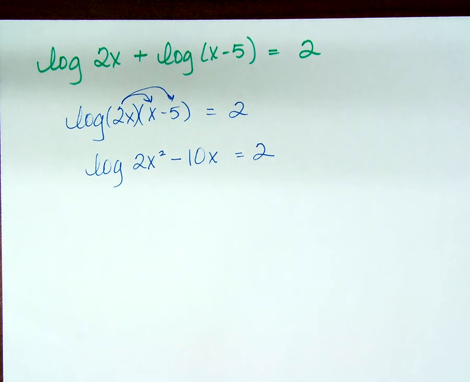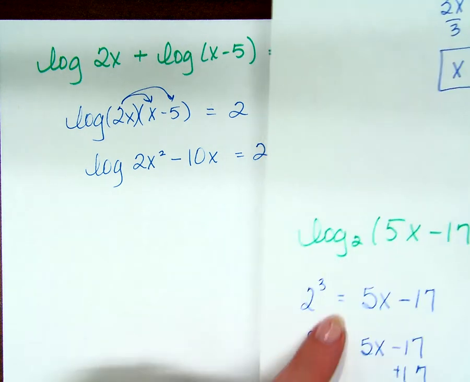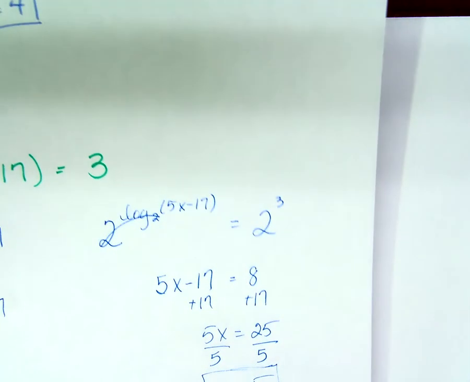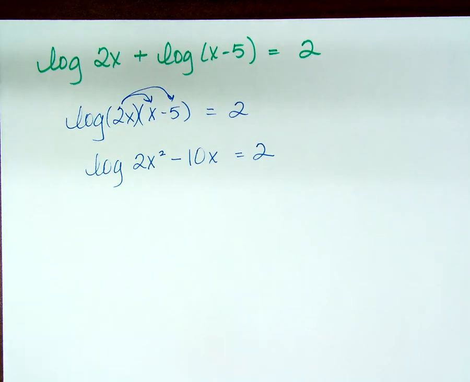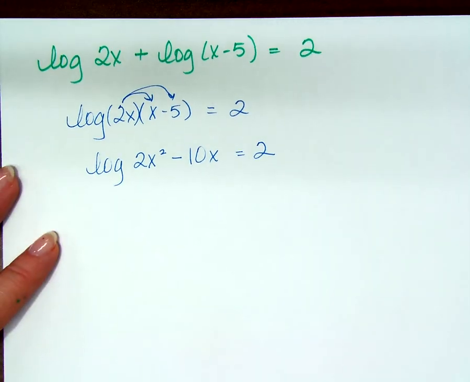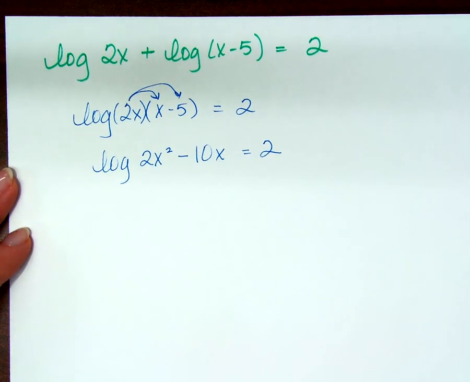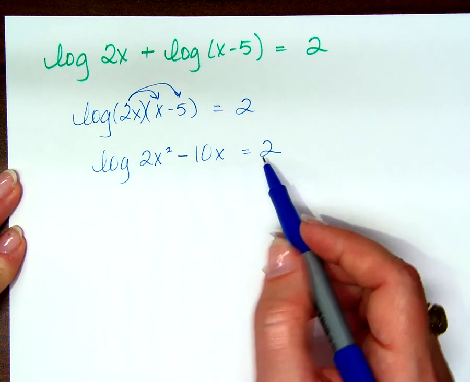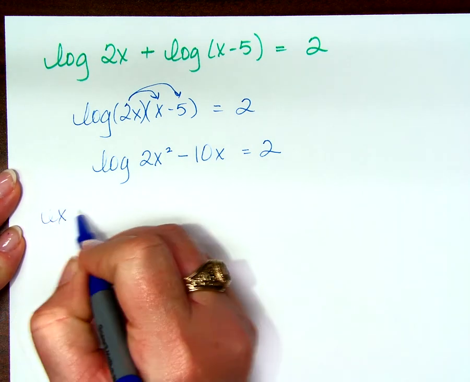Now I have two choices. I can put it in exponential form like I did on this problem right here, or I could exponentiate, which I did on this one right here. Either one is correct; whichever way you feel is more conducive to your way of learning is fine with me. I'm going to show you both ways so you can make sure you understand both. So if I'm going to write this in exponential form,